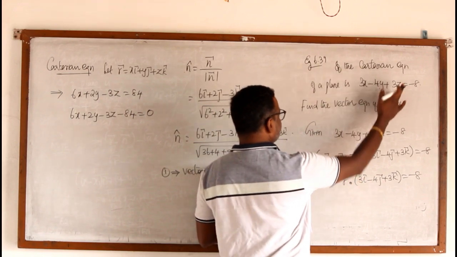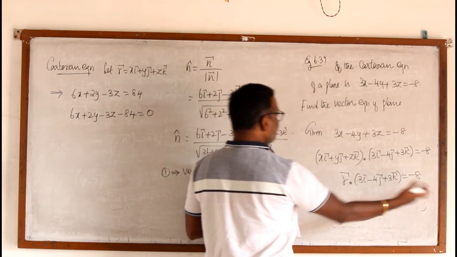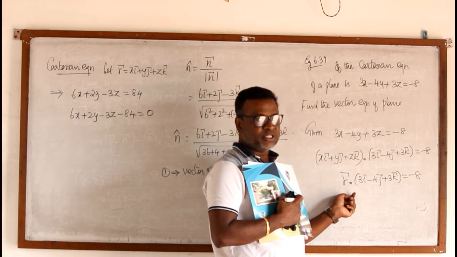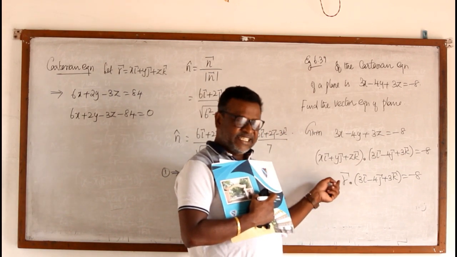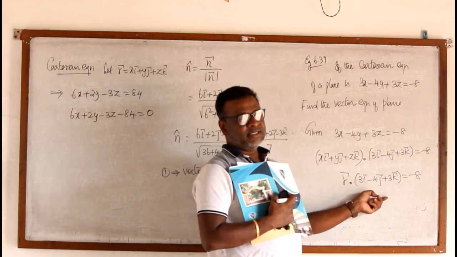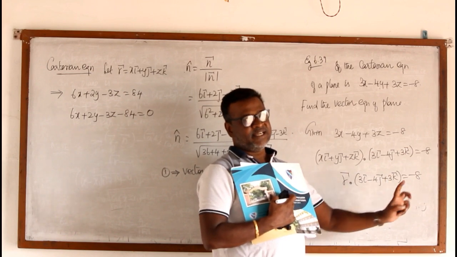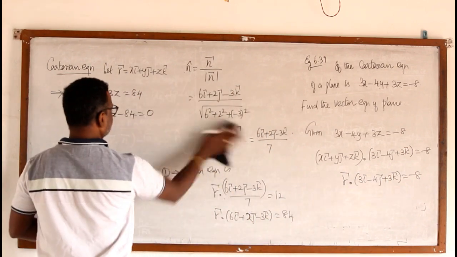So simply, this is the simple form only. Instead of x, y, z, if you put i, j, k, the normal vector will come out. So you can take the other one as r vector. xi plus yj plus zk will become the general vector r vector. So r dot normal vector n vector equal to q. This format is always the equation of a plane.